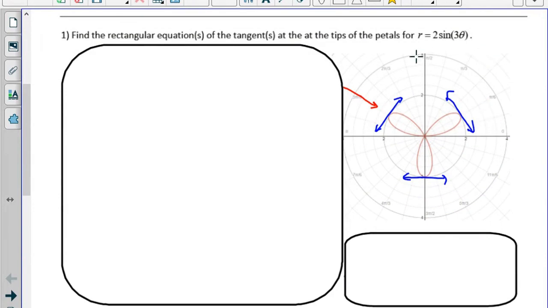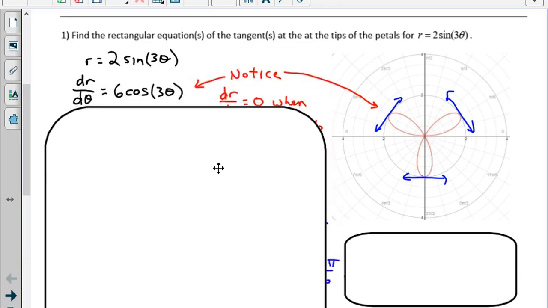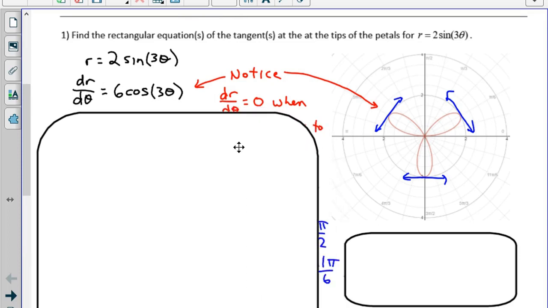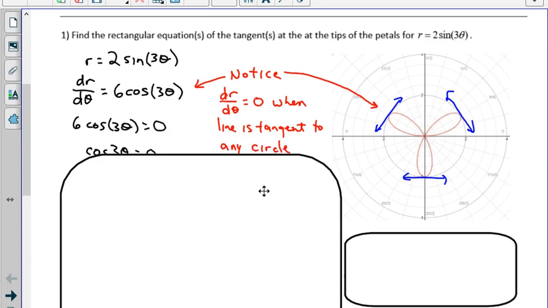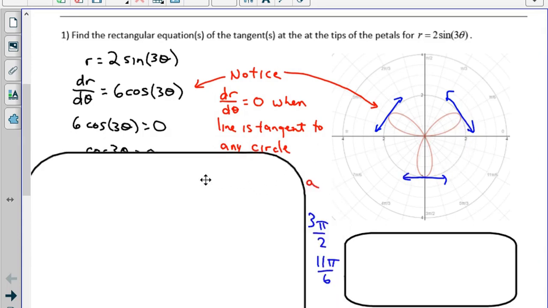So I have this graph over here that has 2 sine 3 theta. Notice that it only goes from 0 to pi and then it starts repeating itself. If I take the derivative of r equals 2 sine 3 theta, I get 6 cosine of 3 theta. And notice dr d theta equals 0 when the line is tangent to any circle. In this particular case, it's tangent to the circle r equals 2, but